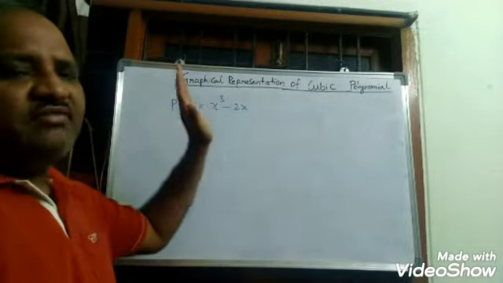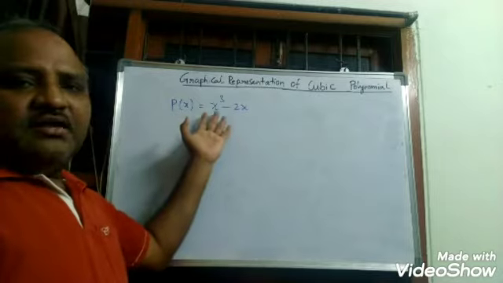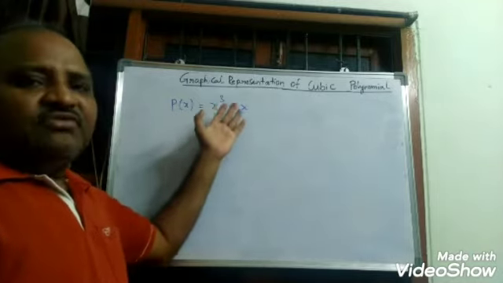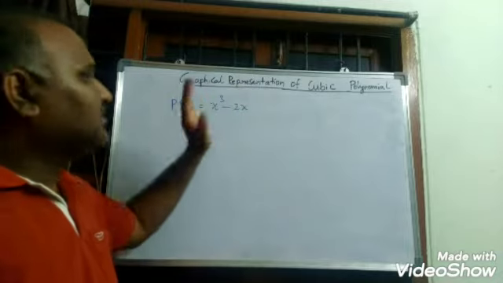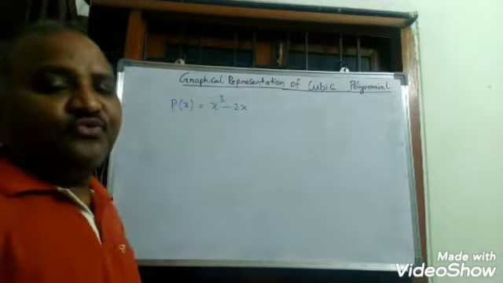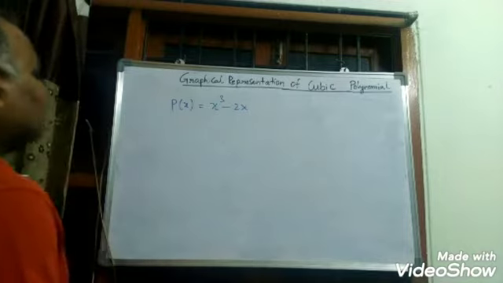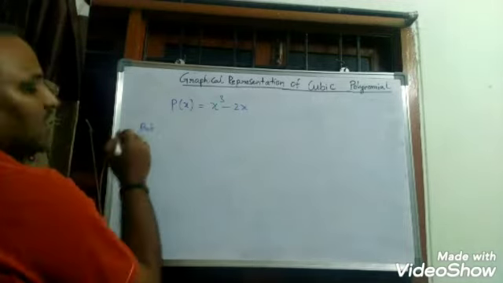Here for example I have taken it with 2 terms. We can have a polynomial with the degree 3 with 3 terms or 4 terms also. Maximum is 4 terms. A polynomial of degree 3 can have at most 4 terms actually. So let us consider this example and let us take the ordered pairs.